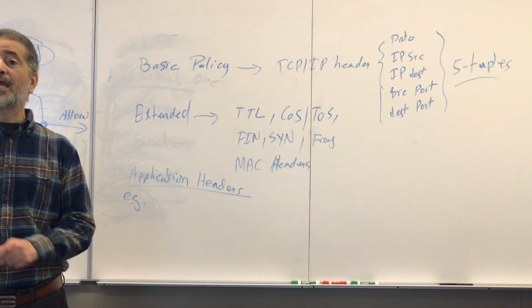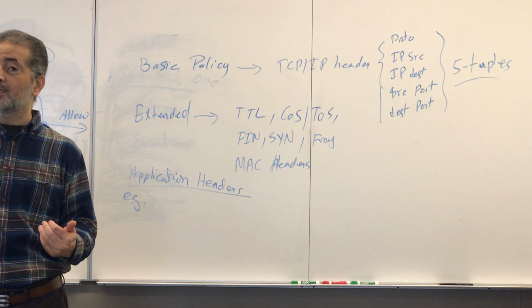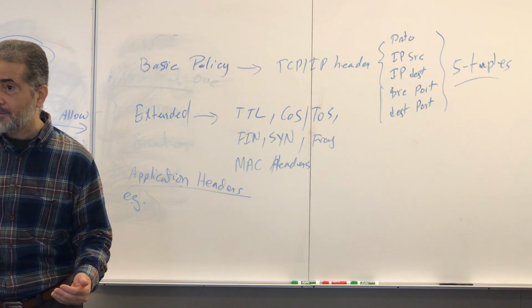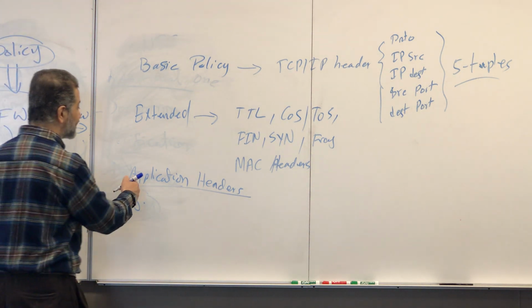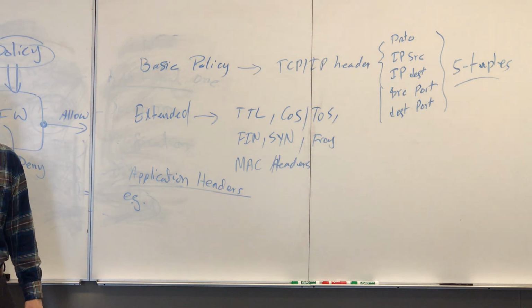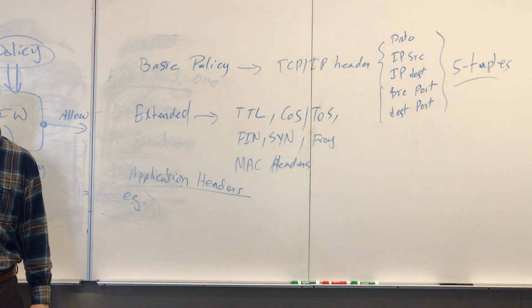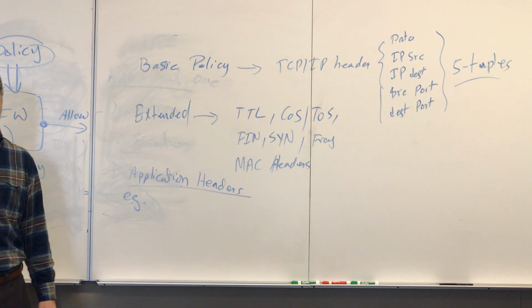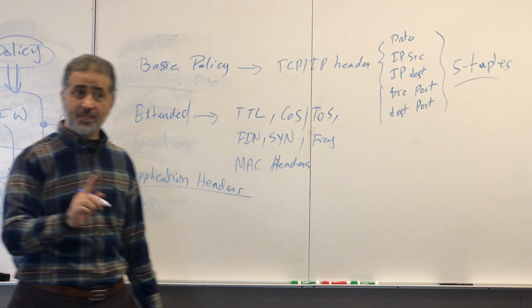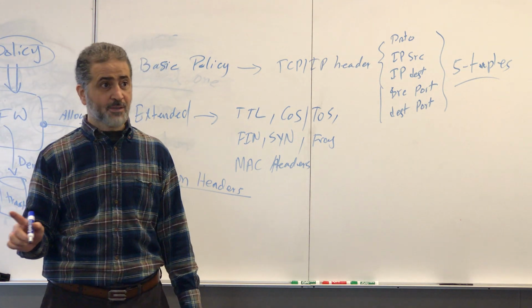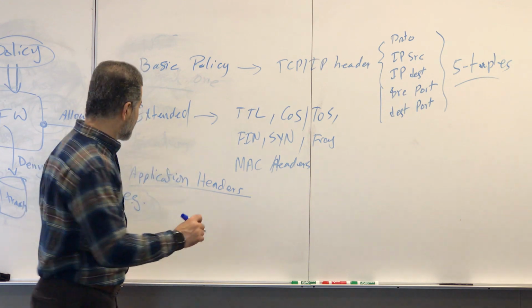Okay. Can you filter packets based on this? The answer is yes. But we call this an application level firewall. It's different from what Cisco said. It's an independent one, but still called a firewall. You can have an application level web firewall, something called WAF. An example of this is WAF.